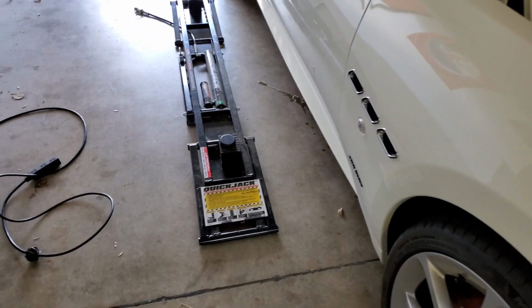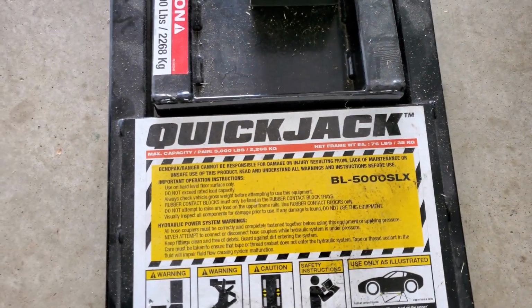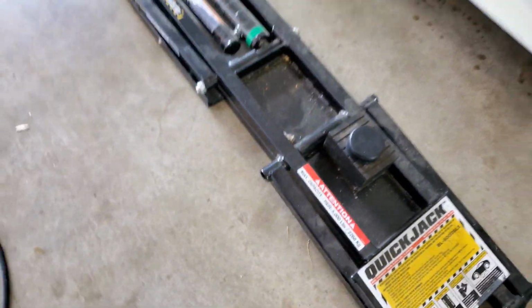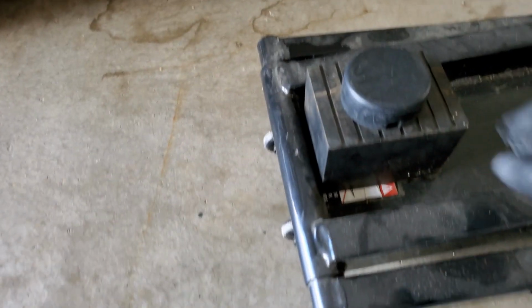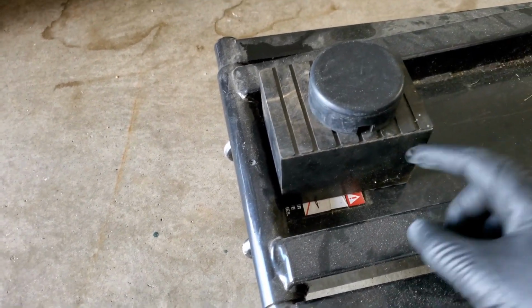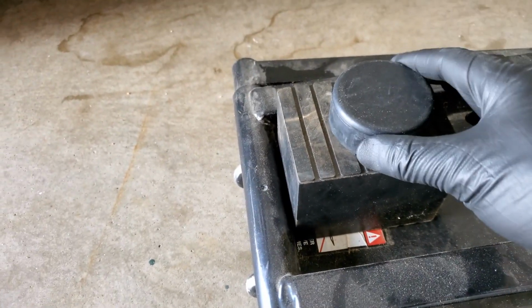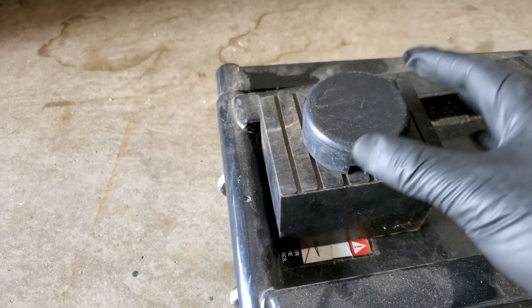Now, what I use is a QuickJack, and this is a 5,000 pound QuickJack. It's the DL 5000 SLX. I think it's just a lifesaver. I use it all the time. Now, on your lift points, you have little tiny round areas. Well, what I do, I use the tall block, and then I bought these on Amazon, and they were, I think, 10 bucks for 4 of them. So I have those, and they absolutely 100% fit perfectly